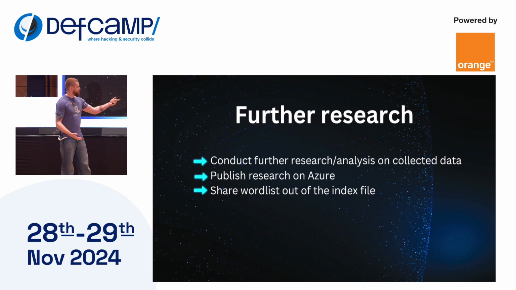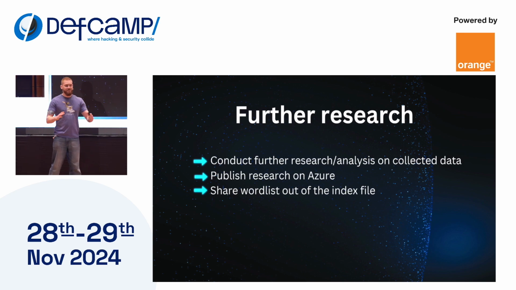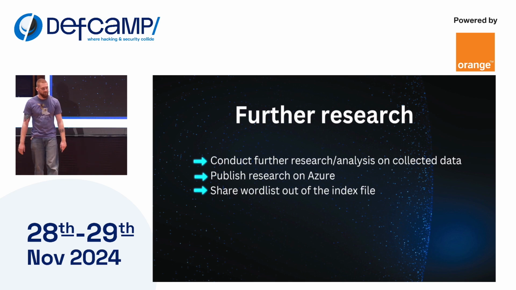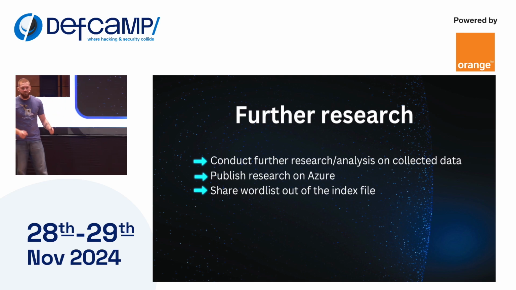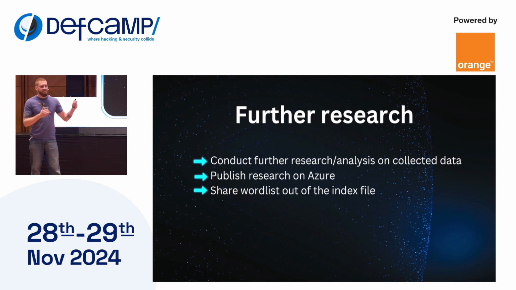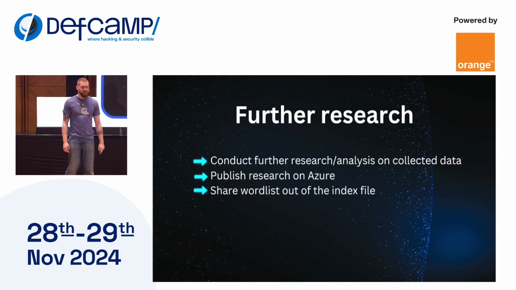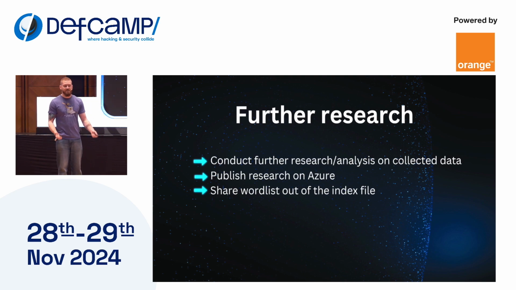Other than that, Eduard and I are trying to close the Holy Trinity here and do similar research on GCP. Remember the word list, well, the index files I told you earlier. Well, the list of all the paths which we found in all these public AMIs. Well, I've shared a word list on my GitHub containing all of these paths there. So if you want to know what sort of data can be found on these AMIs, go ahead and check those out.